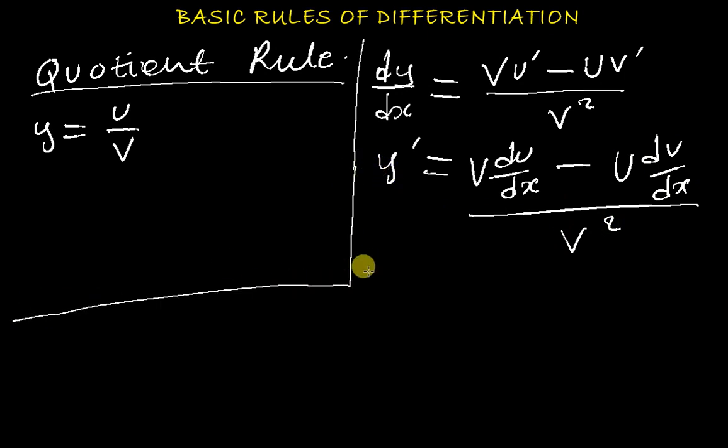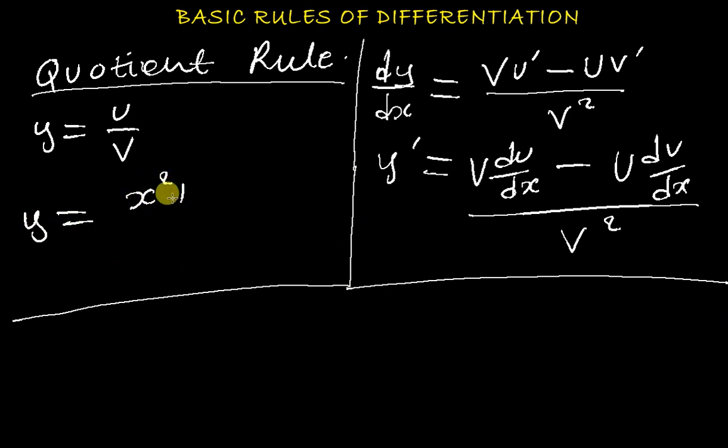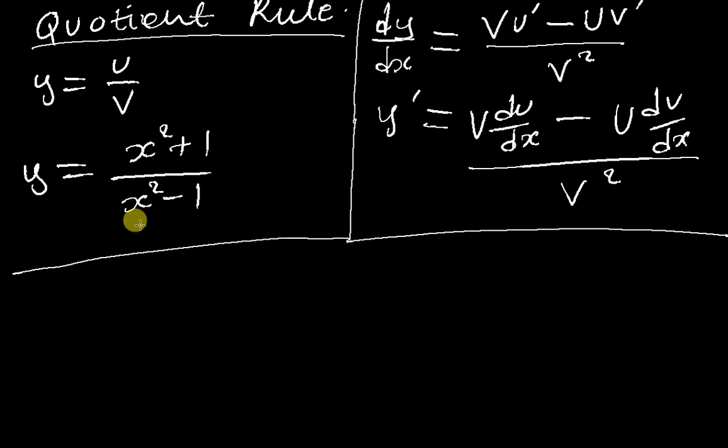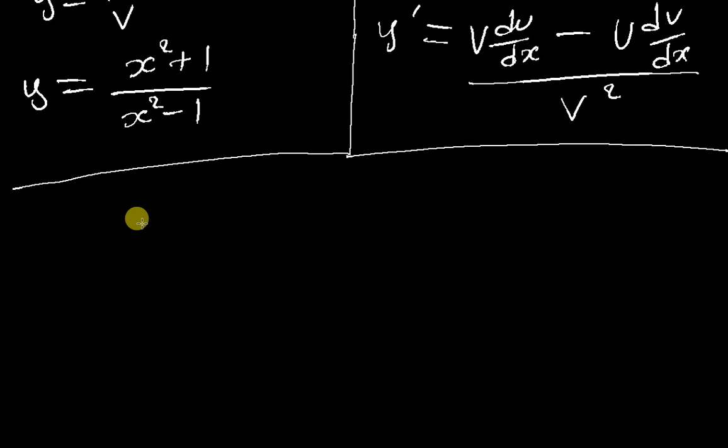Alright, so let's take a look at this example here. When you have y is equal to x squared plus 1 over x squared minus 1, then they ask you to differentiate this function. Sometimes they will not even tell you the rule that you use. You just have to decide on your own, looking at the function. So here we have y is equal to, let's say